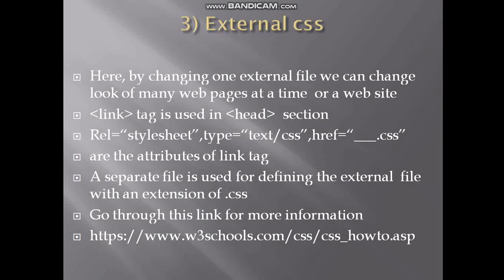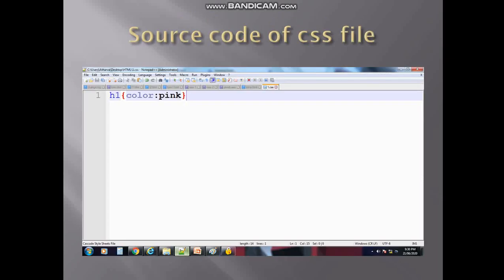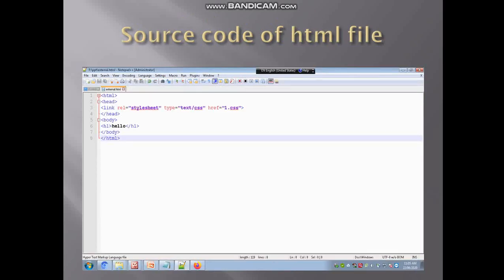Okay, so one separate file is created, it is saved, and wherever you want you can call it, which basically stores the information about CSS. So if you want to know more about external CSS, here I had given you a link. So this is how the CSS file will be created. Here I am using only one tag or selector, that is h1, and only one property, that is color, and I am passing value pink. Now see here, HTML head, link related to style sheet, type is equal to text slash CSS, href equal to 1.css. Here 1.css is a file which I just created, and I am calling under the link tag.